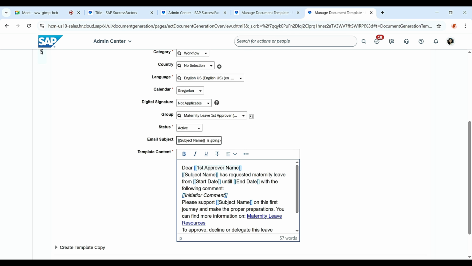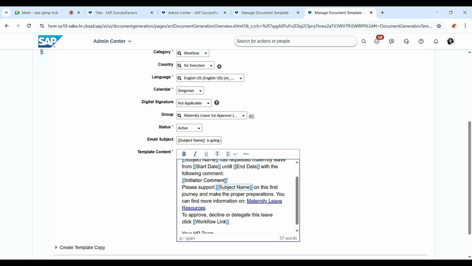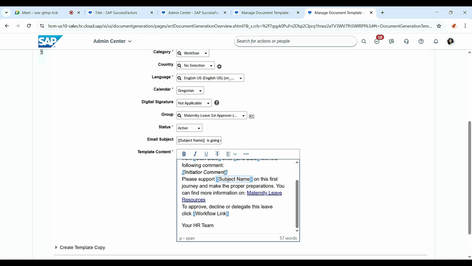And then here you see the template, that is the email body. Also here we have different tokens as well: the first approver name, subject name, start date, end date, initiator comments, subject name, and so on. Okay, so